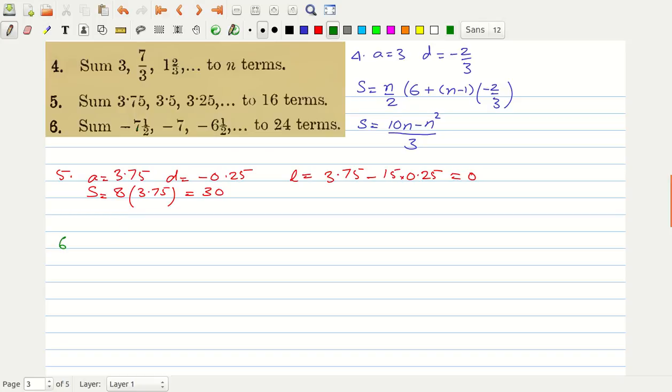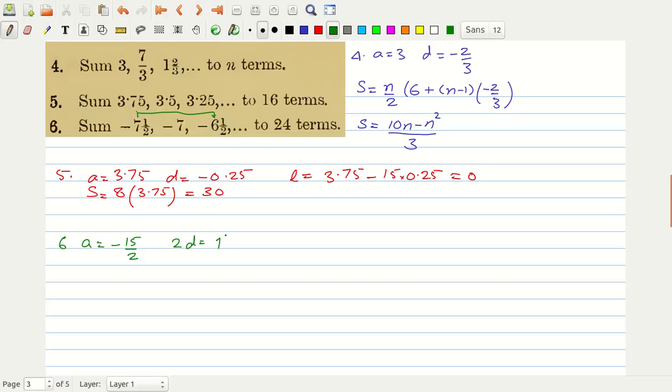What can we write? Minus 7.5. This is a, which is equal to minus 15 by 2, right? Now what is the common difference? For this problem, because there is already a half here, I can see that the difference between minus 7.5 and minus 6.5 is minus 1, but this difference is actually equal to 2d, right? This is d and this is d, so 2d is equal to